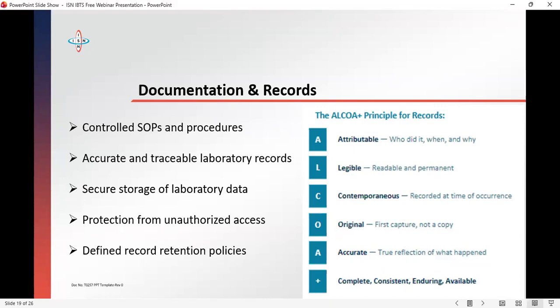Secure storage of laboratory data. Confidentiality is very important. If you use an LIS, do you have software that will prevent hackers from collecting data and using it to try to trick your patients or collect money from them? A lot of people have been held hostage because of results gotten from the lab. If you use an LIS, who owns the data? Who holds it? Are there mitigating risks? Is there data protection on it?